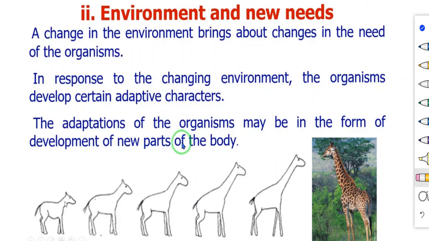For example, giraffe. Once upon a time, giraffes were there. Those giraffes were too tall. Nowadays modern giraffes are also too tall, because in those days food was available, but nowadays there is a scarcity of food. Because of the continuous stretching of the neck, these giraffes got tall necks as well as tall legs.